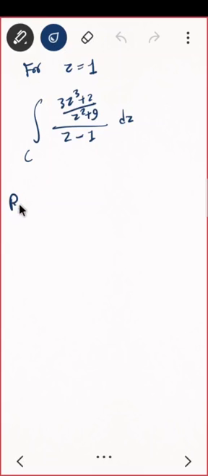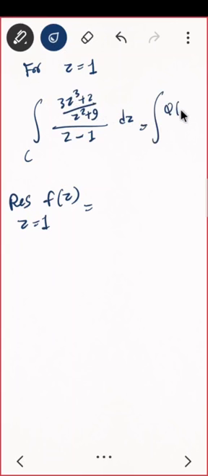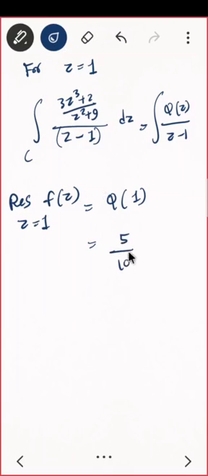So what will the residue formula be? The residue of f of z at z equal to 1 will be what? I'm writing it like this, phi of z upon z minus 1. So the residue of the whole function, remember, this is a pole of order 1. So here we get just phi of z naught. So what is my z naught here? That is phi of 1. So it will be just phi of 1. So the answer would be, put 1 here, 3 plus 2, that is 5, upon 10, so that is 1/2. So the residue at z equal to 1 is found.